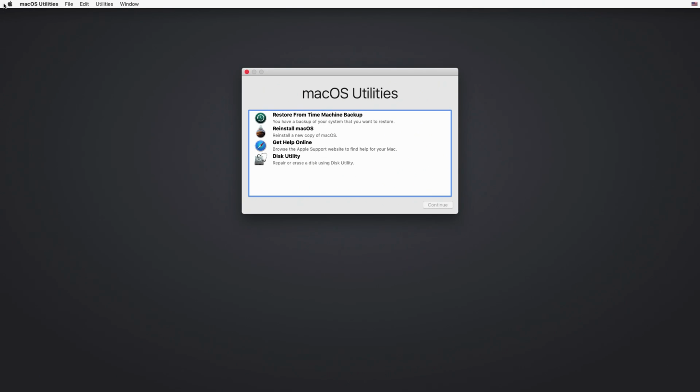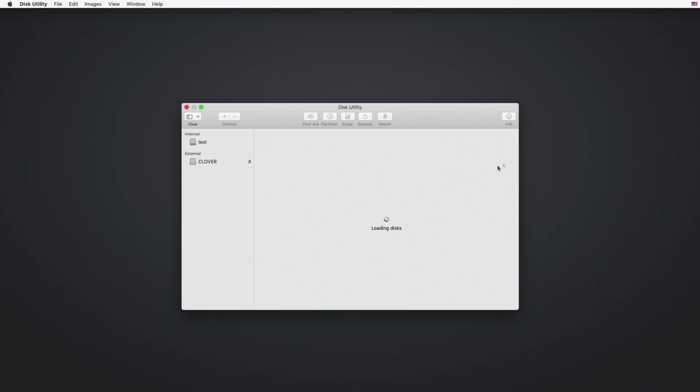Alright, so we are in macOS Utilities right now. Now remember guys, we do need internet for this installation part. So remember, you need to connect your Ethernet cable. Okay, so now we'll just go to Disk Utility,